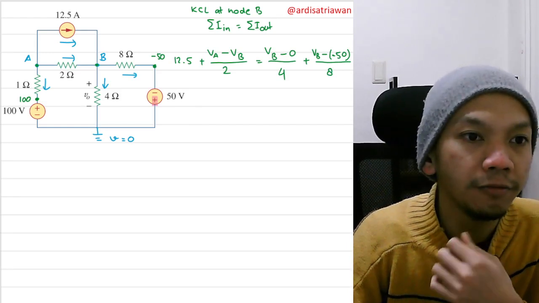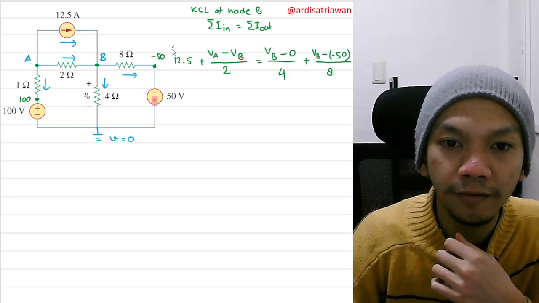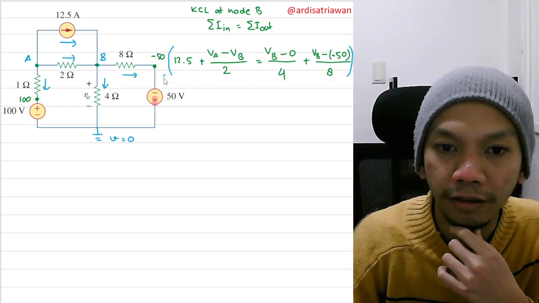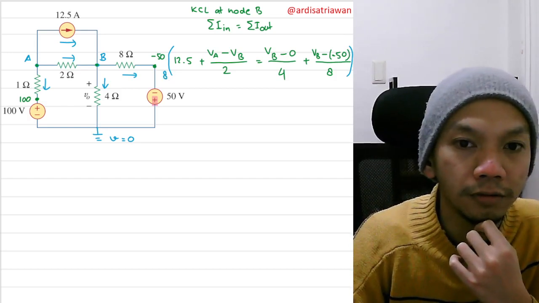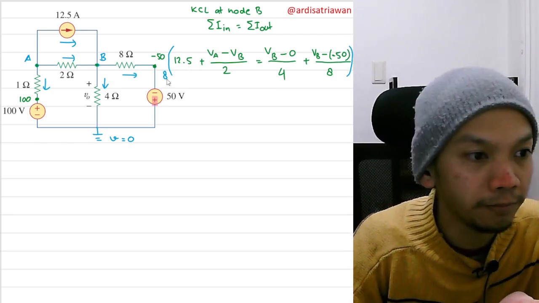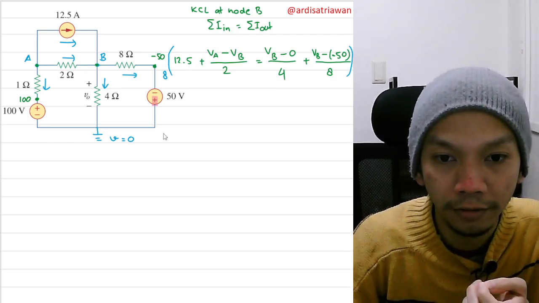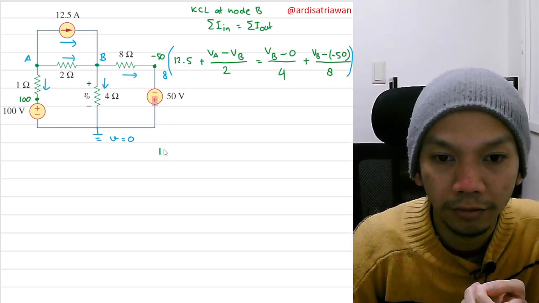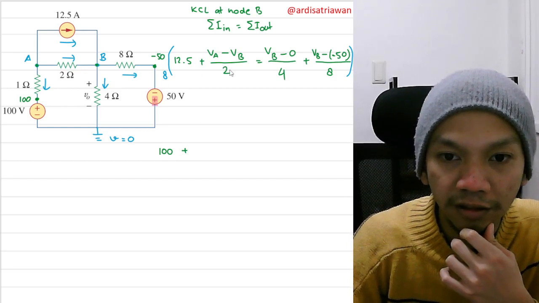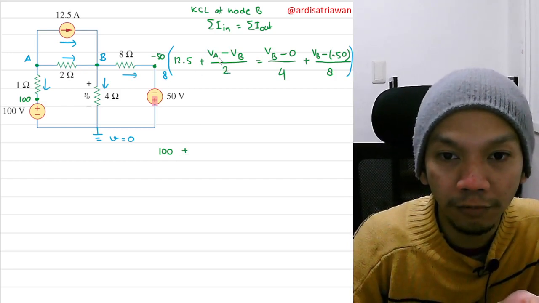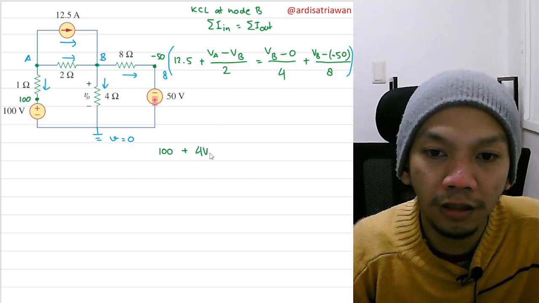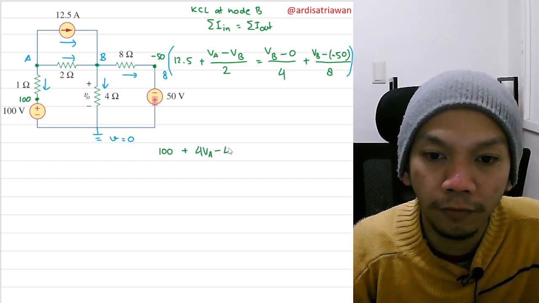I think we can multiply all of this by 8, right? Yeah, by 8. Let's do that. If we do that, 12.5 multiplied by 8 is 100. So I'll have 100. Then plus 8 and 2 will cancel into 4, so I will need to multiply the numerator by 4. So I will have 4 VA minus 4 VB,